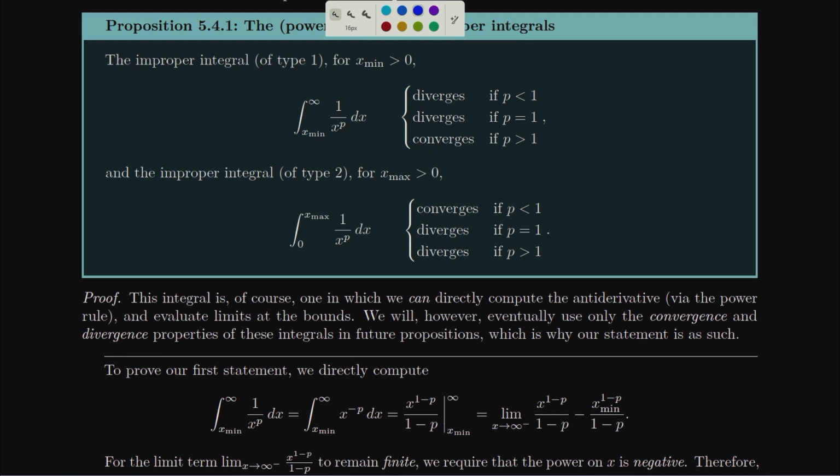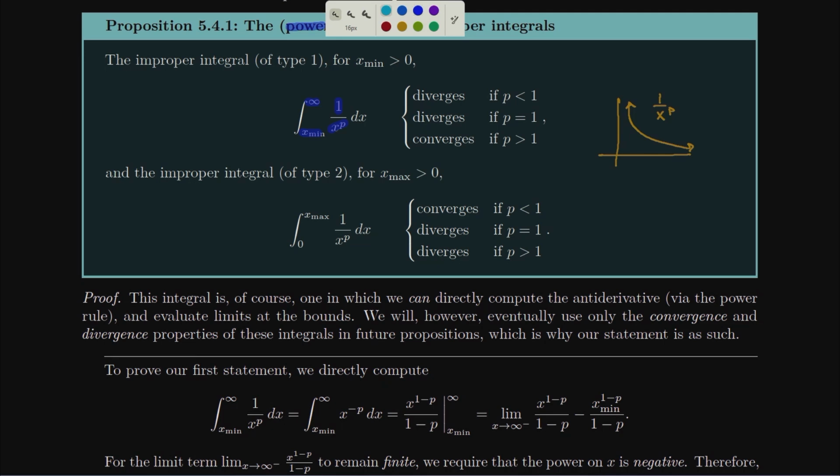We're going to start with something called the p-test, which is actually a lot easier than you would expect any of these tests to be. This one we can actually calculate the value for these integrals, but it's kind of like the best test to refer everything back to when we're eventually going to look at more complicated integrals. And so the p-test, p by the way standing for power, is going to determine if the improper integral from some finite value out to infinity of 1 divided by x to the power p converges. All of these functions basically look the same, right? They all kind of look like that.